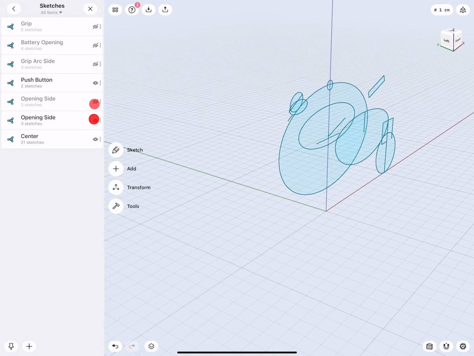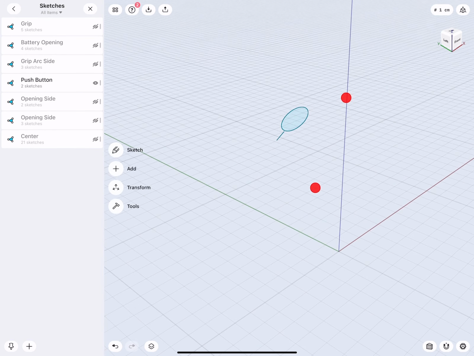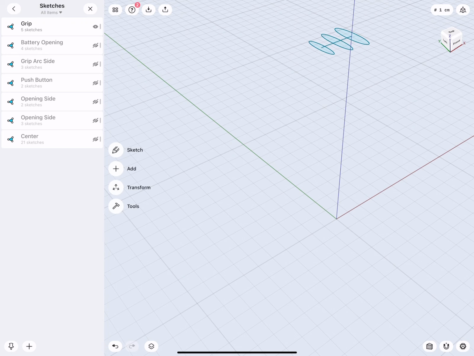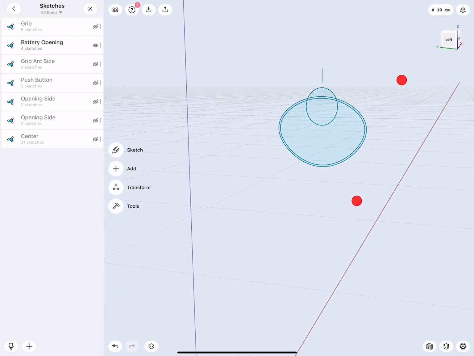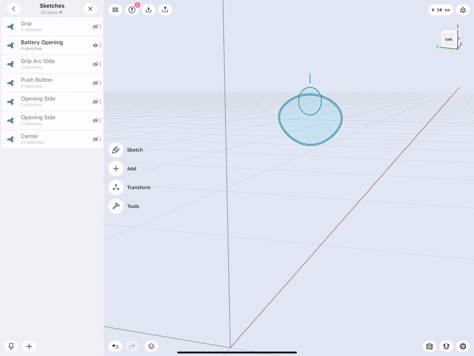We have a sketch for the push button to build that got drawn on the ground and then rotated into position, a side profile and an arc, a grip detail, and also a sketch to project onto the body to indicate an interface element like a battery opening.